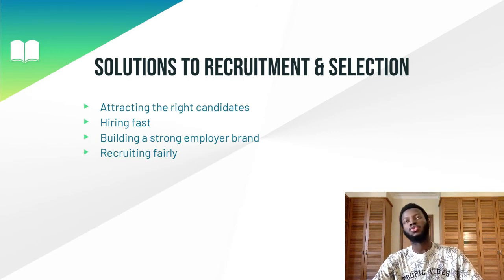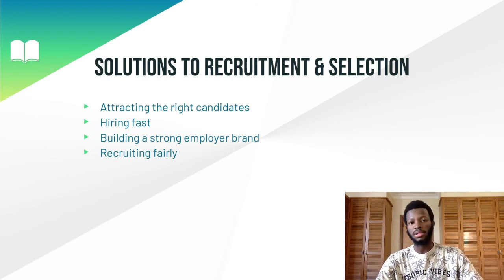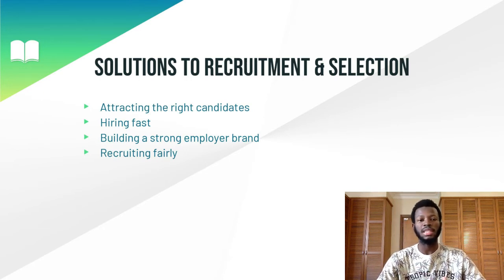Next is you have to build a strong employer brand. You don't want your reputation to be hindered by employees giving bad comments. You want your company to stand out among competitors. A good employer brand helps you attract and engage better candidates. Organizations that invest in employer branding are 3 times more likely to make a quality hire. Yet it's a complex process that includes anything from ensuring a positive candidate experience to promoting your culture on social media. It's a continuous collective effort that requires you to step out of your usual duties and secure a buy-in